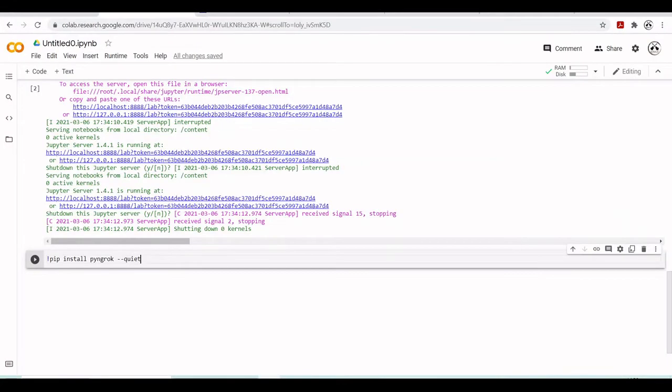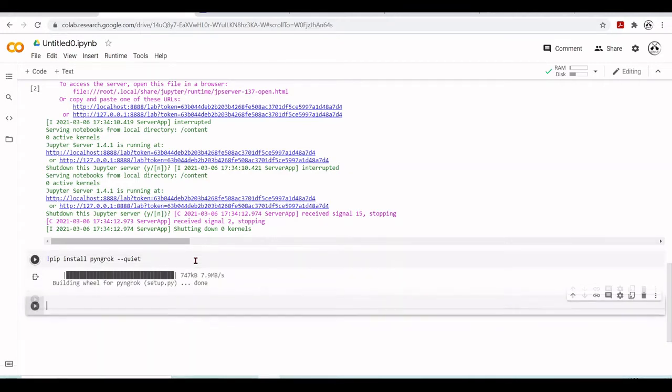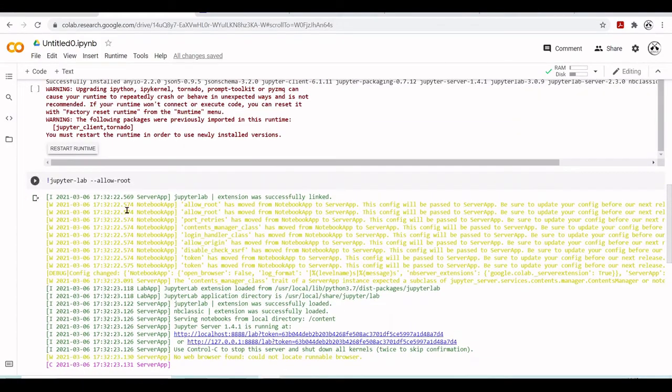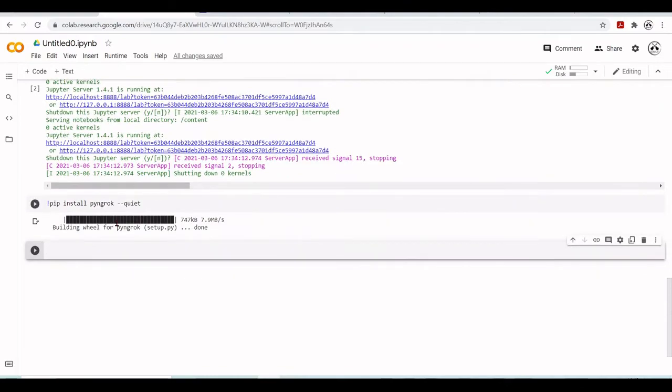So after you made an account on Ngrok, we can go and install pyngrok. So now we have an Ngrok account and we have pyngrok, so we can use this Ngrok from our Colab notebook. Our next step will be to start this Jupyter Lab, but we will want to use pyngrok later, so